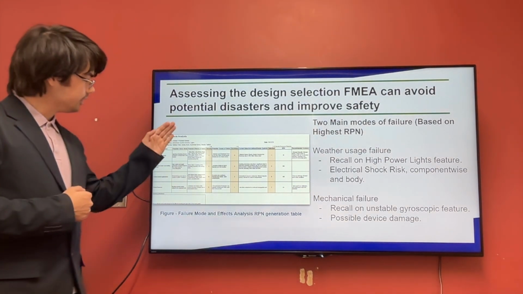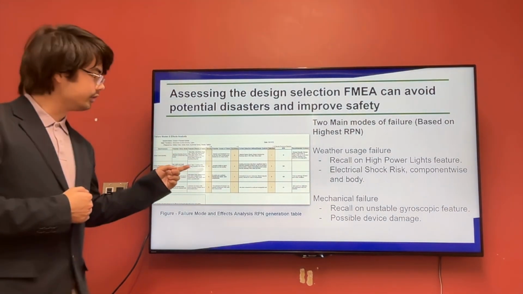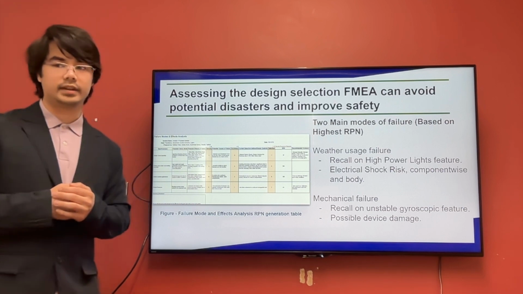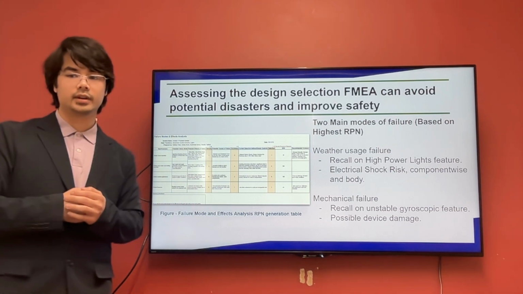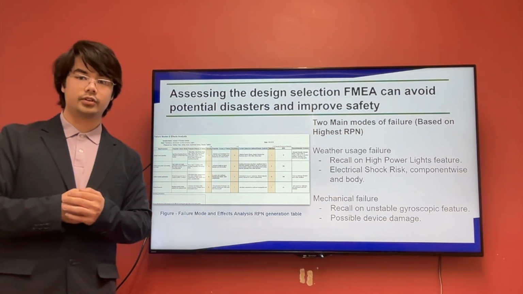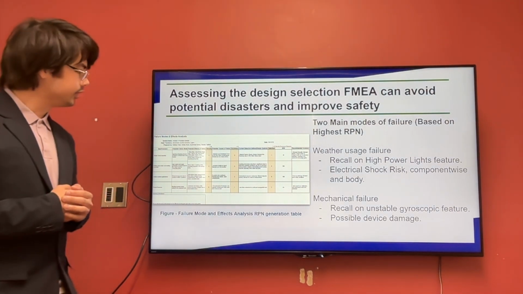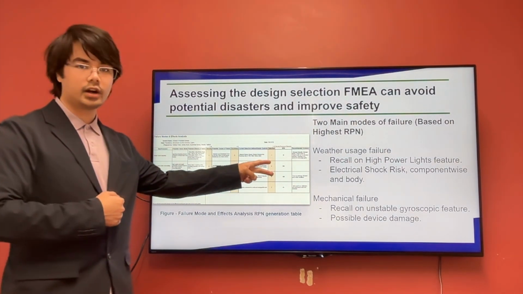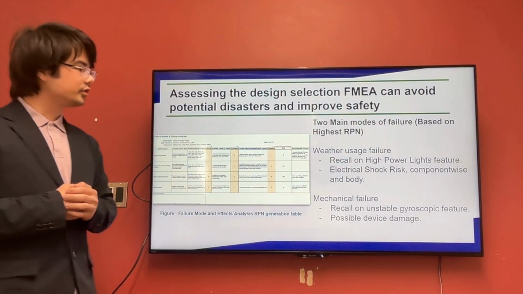We would rank their severity, their occurrence, and their detection, and we would multiply these values together to get an RPN, or risk priority number, and this would be the number that we would use to prioritize our focus towards an FMEA failure mode. So of the four here, the two that are highest are the weather usage failure and